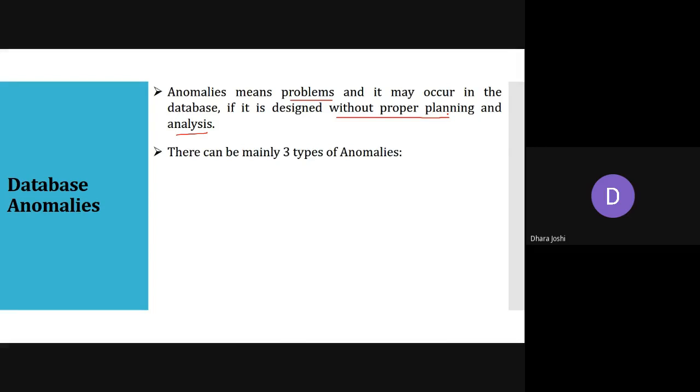Okay, what can be the three types? Let us just think normally in database, which kind of operation you are going to perform. The main operation in database, what you are doing: first you are creating the table, then you are inserting the data. Whenever we are dealing with the data, only then this kind of problem will happen.